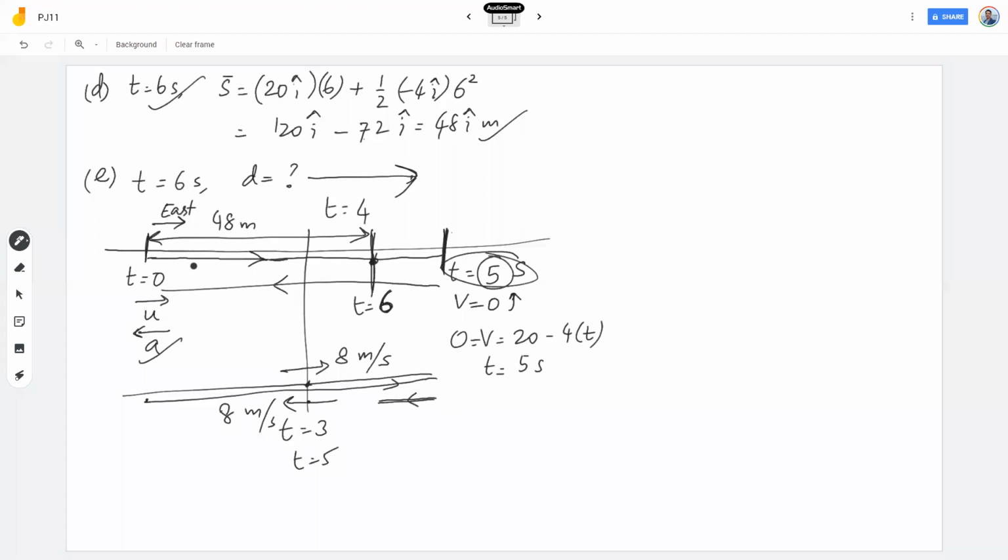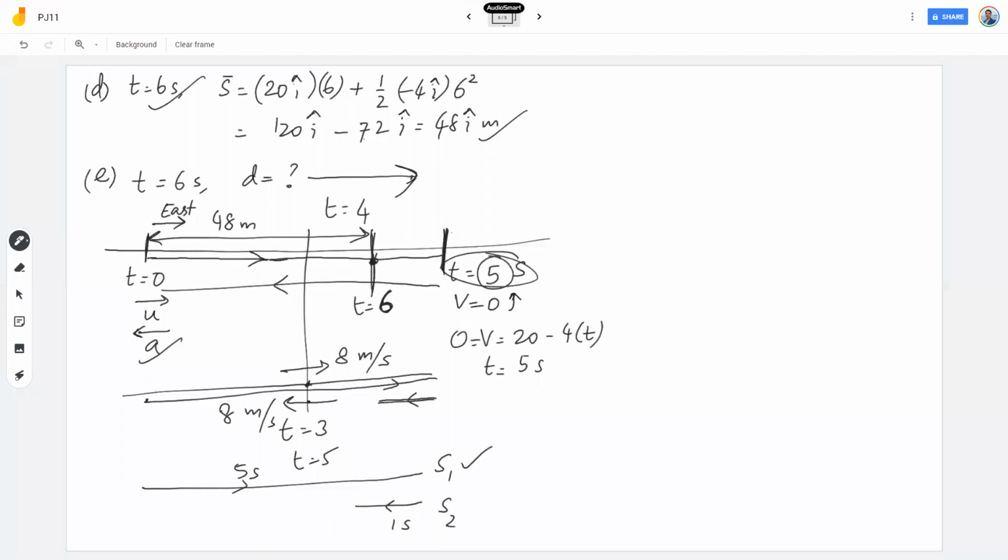How do we find distance? T equal to 6 seconds. For 5 seconds, it moves like this. And then in 1 second, it moves like this. So you separate the motions into 2 parts and then do it. Okay. For this, you find a displacement S1. For this, you find the displacement S2.